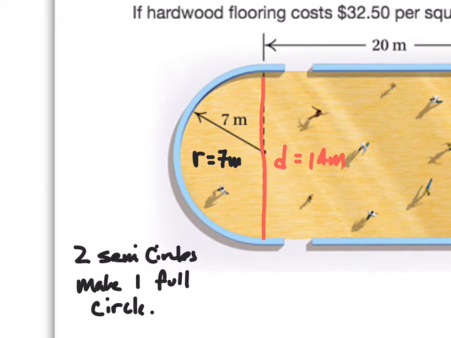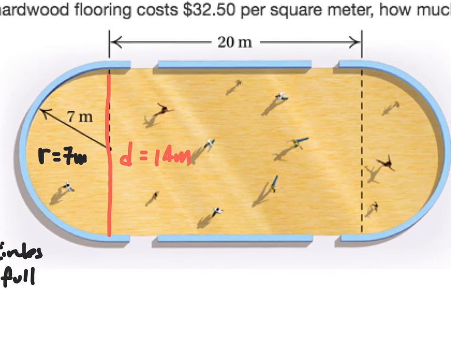It's going to be twice that length of the radius. The reason why I wanted that diameter is because in order to find the area of this rectangle, I have to have that other side. And that other side not only is it the side of a rectangle, but it's also the diameter of this semicircle. Okay, so to find the total area,